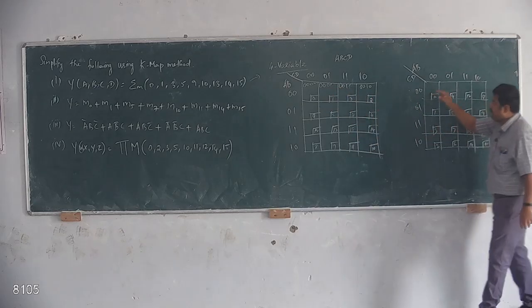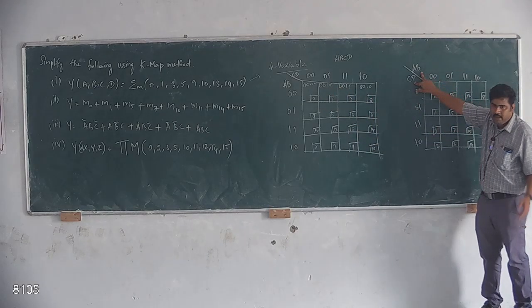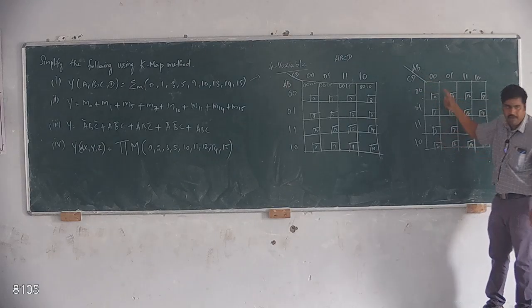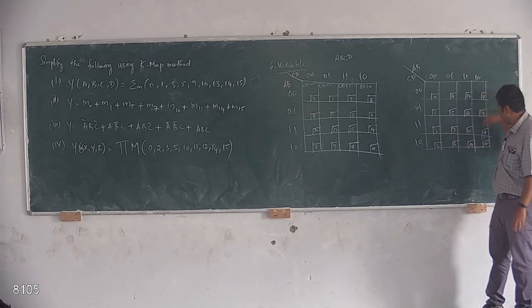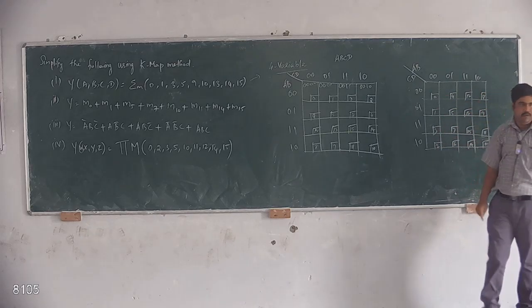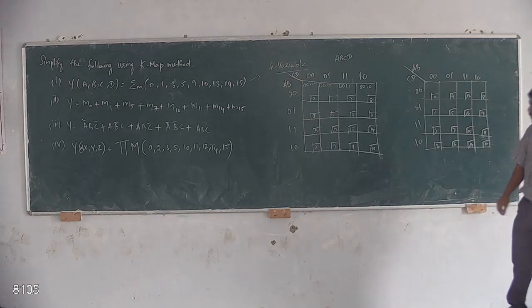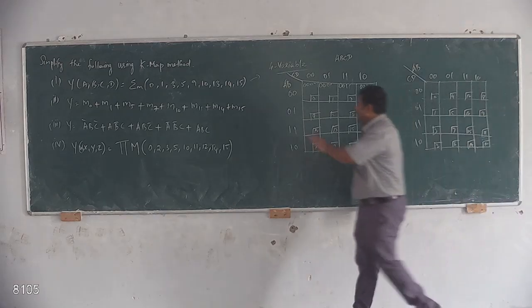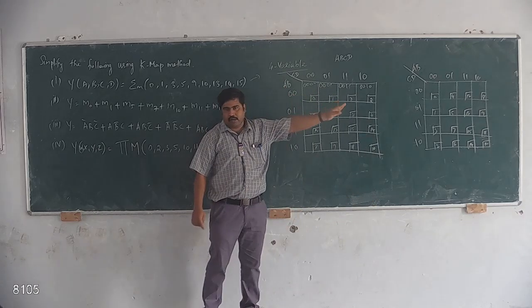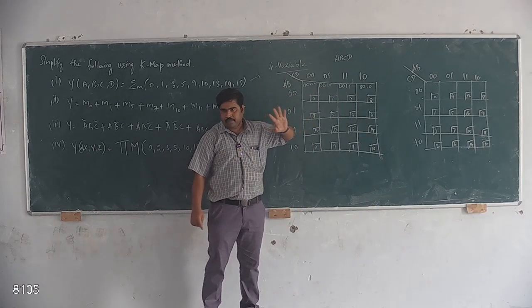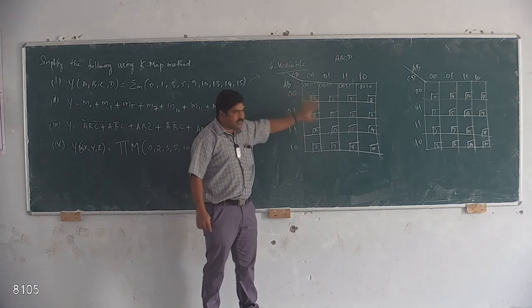If I am changing this position, with AB in the topmost position and CD in the bottommost position, it will come column-wise: 0 1 2 3 4 5 6 7 8 9 10 11 12 13 14 15. Is it clear? You can follow any one thing, but you should be very careful. If you are writing this and doing that tabular column, it is totally wrong. If you are using AB here, this is a tabular column.